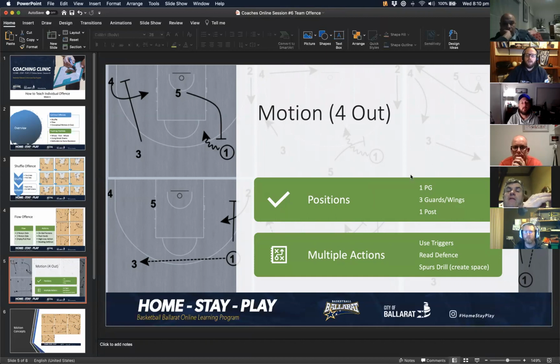So the idea here is you would have one person who is a point guard, potentially, three guards or wings who are all interchangeable, one of whom would be noted as being the best shooter, so you could run shooting options for them, and one post player. So it's a bit less your traditional 1, 2, 3, 4, 5, and you really only need one big man,